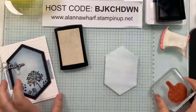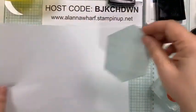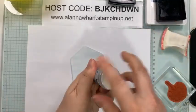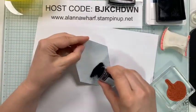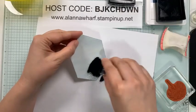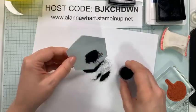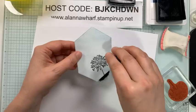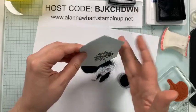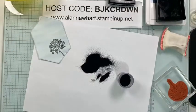I am not going to heat it once the powder is on before I do the next image, but I'm going to coat it. Because this is Versamark, it's hard to see it. I was telling you guys last week that you want to be extra cautious not to overheat your images, because then they go kind of flat and they lose their glossiness. So,